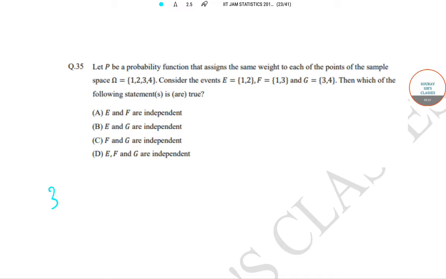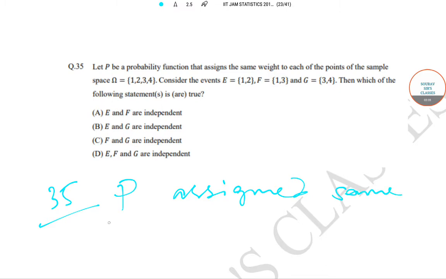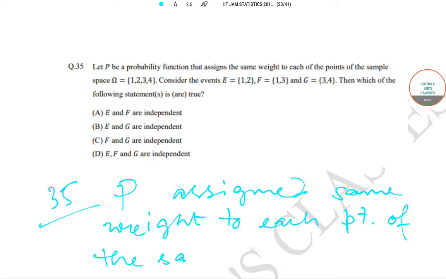In question number 35, we have said that P assigned the same weight to each point of the sample space given by